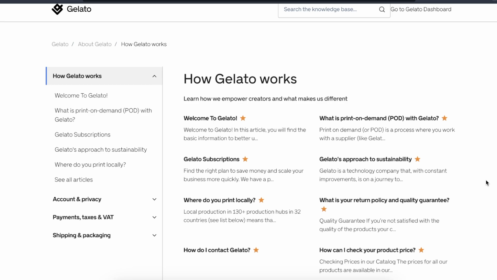Maybe you heard of those more often, but basically Gelato has over 130 production hubs in 32 countries, sorry. So basically the shipping to your customers will be fast if they are from USA and from the specific state, like for example New York. So if Gelato has a printing distribution center in New York, they will print it there and